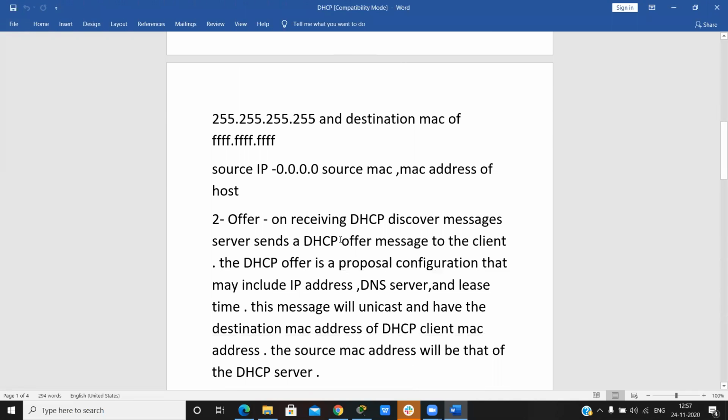Okay, and then when the DHCP server receives a discover message, it replies with the DHCP offer message to the client. In the DHCP offer message, the proposed configuration may include IP addresses and DNS server list, and this message is unicast.